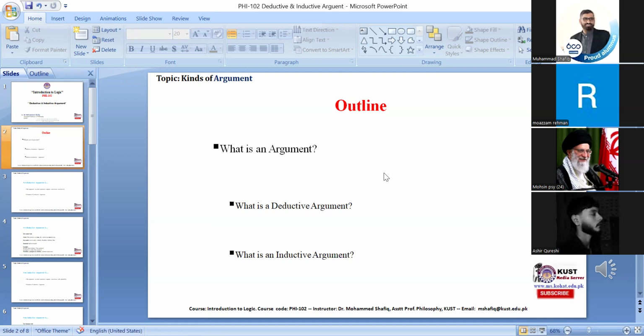Logic basically is the study of argument or reasoning itself. It doesn't pick and choose any kind of argument, but it is the study of